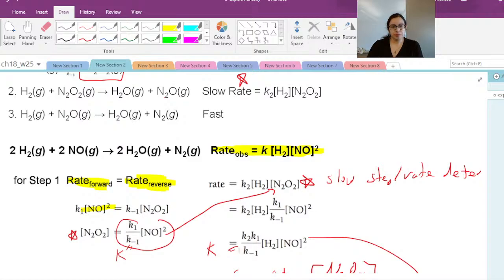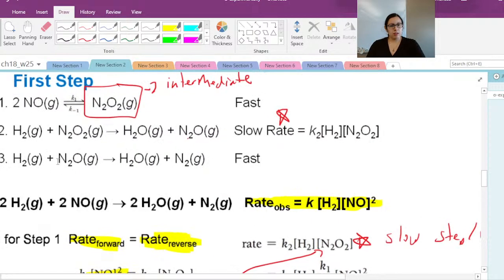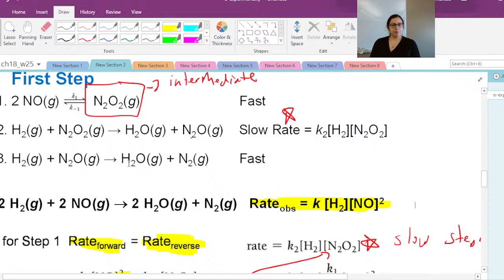How did you build it from N2O2? So all we care about is how is the concentration of this prior? So this was dependent upon the NO squared concentration. But then after this slow step, we have this N2O intermediate, but this is kind of irrelevant since it's fast. Did that clarify what you're asking?